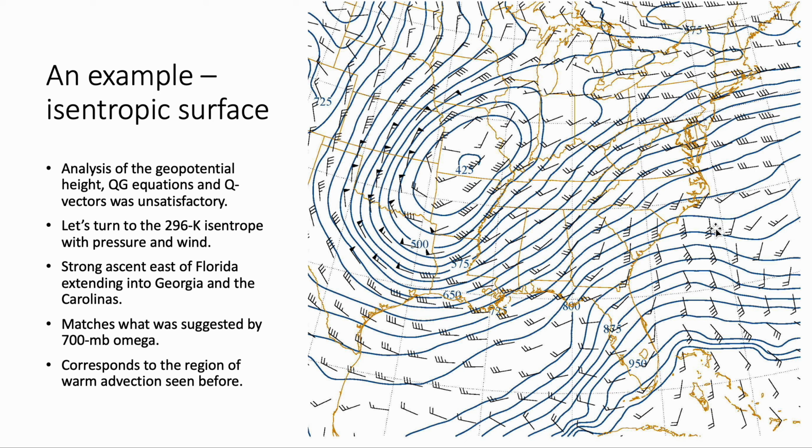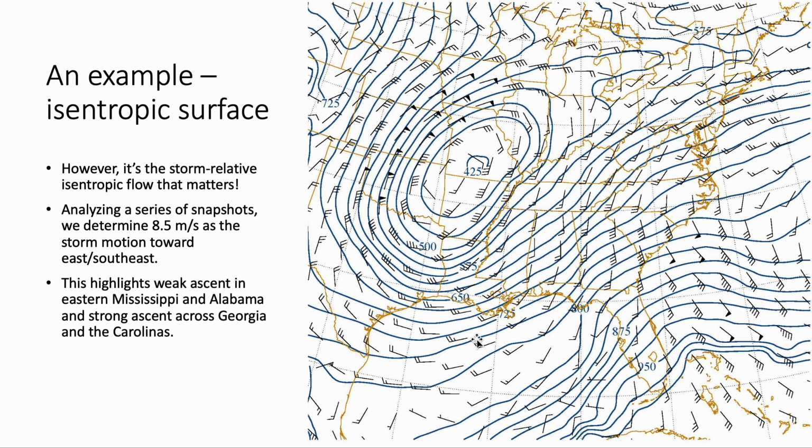So this is corresponding to what the 700 millibar geopotential and omega field was saying, but you should also conclude that you're going to have some ascent over here. However, if you now compute